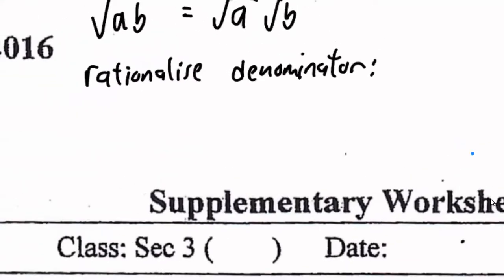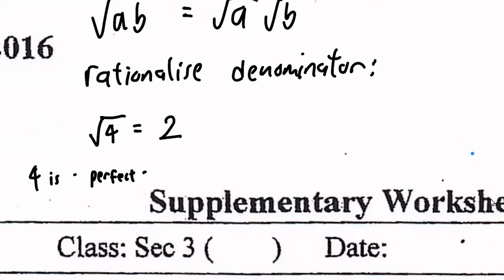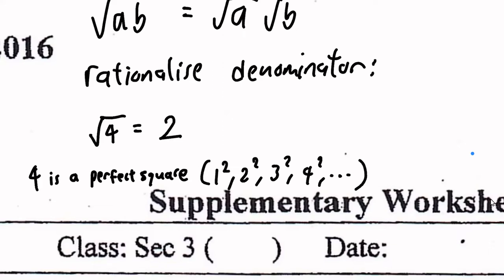Whenever we have, for example, square root of 4, it becomes 2. This is what we call a whole number, no decimals. And 4 is what we call a perfect square. What are examples of perfect squares? 1 squared, 2 squared, 3 squared, 4 squared, and so on. When you square root these numbers, you get a whole number. They are called perfect squares. However,